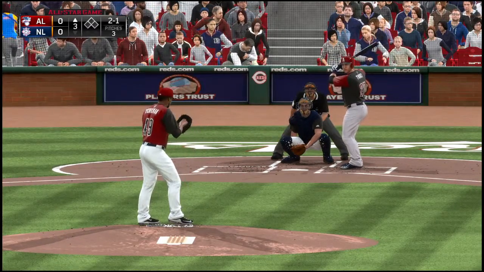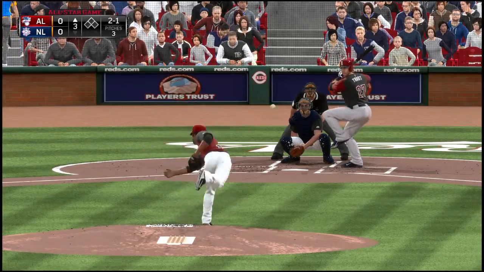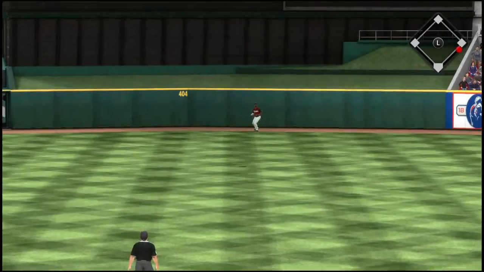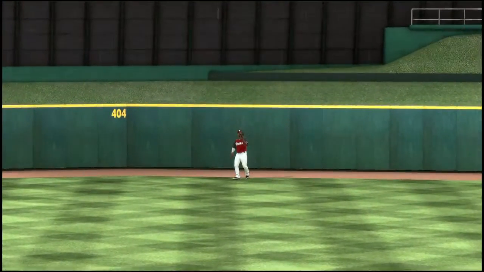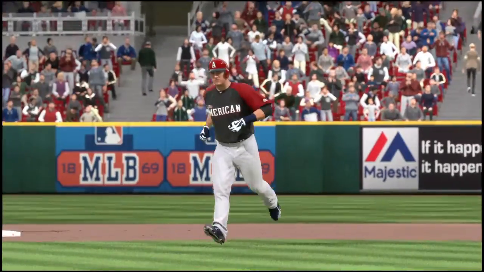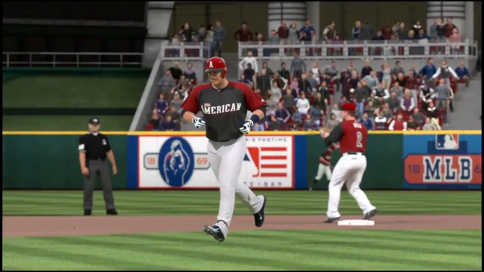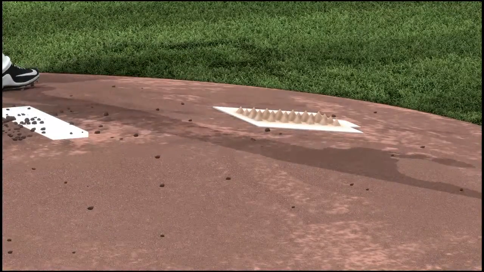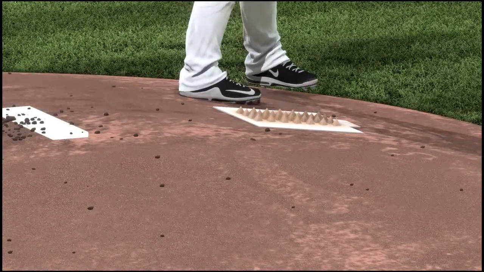Here it comes, 2-1. Hit pretty well as this is out toward deep center. And this is taken in just shy of the warning track for out number 1. I thought for a second that this might make a dent in both the hit and the run column, but he didn't quite get all of it. It's probably the best swing, though, they've had so far.